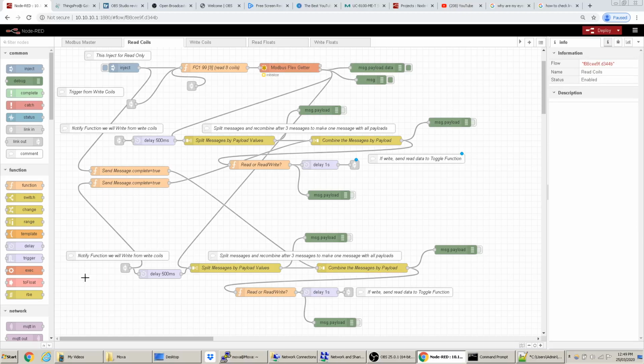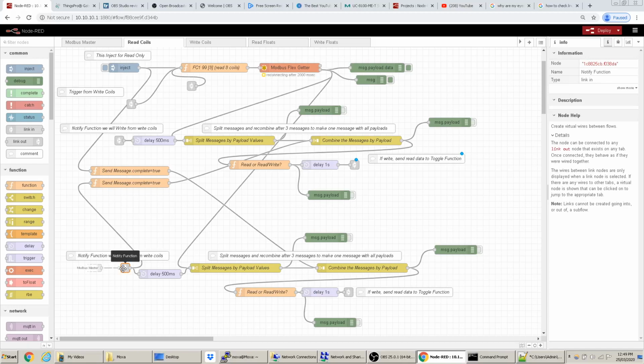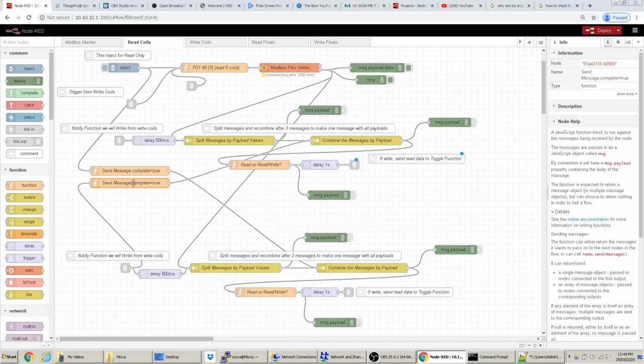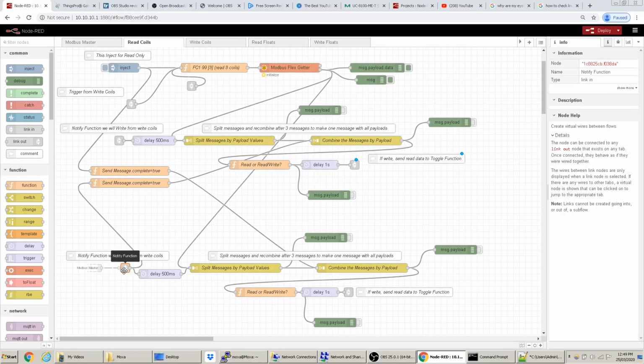Now it's the same thing. This is connected to Modbus master, and when it's triggered, it's going to trigger this here, but it's also going to trigger this msg.complete equals true, and this is going to trigger this one up here, because in this situation we've pressed whatever is connected to here. We haven't pressed this, but this, if you look,